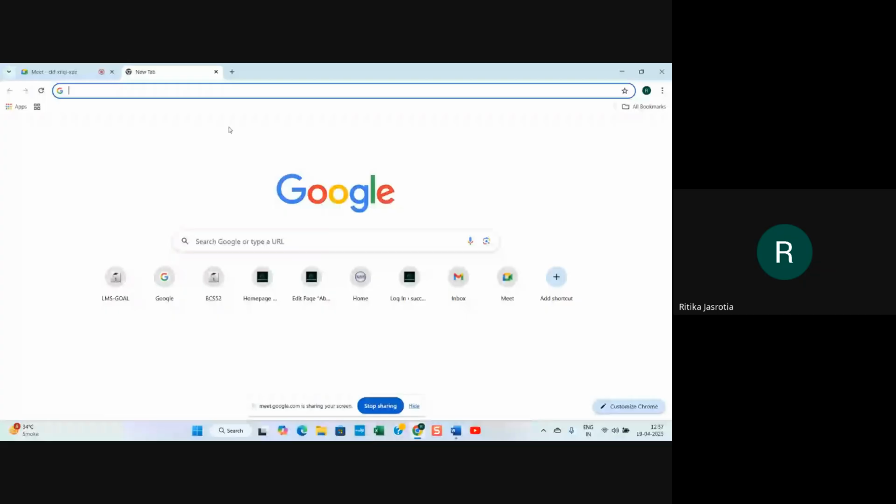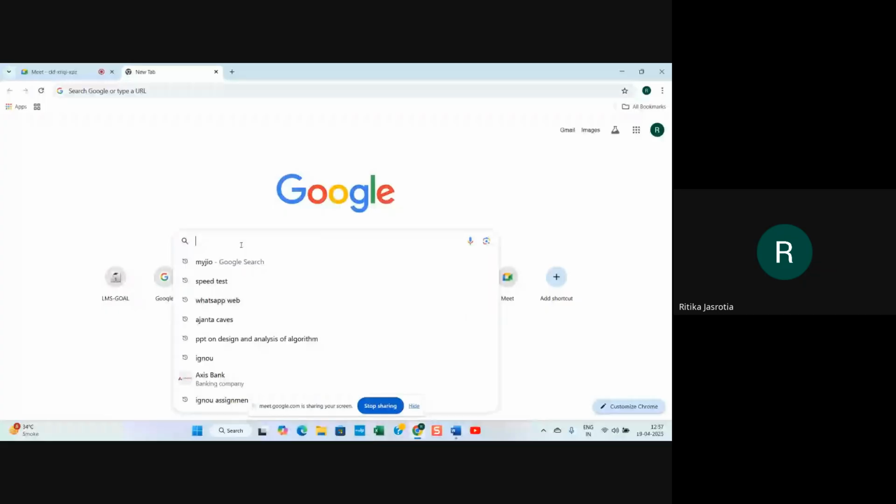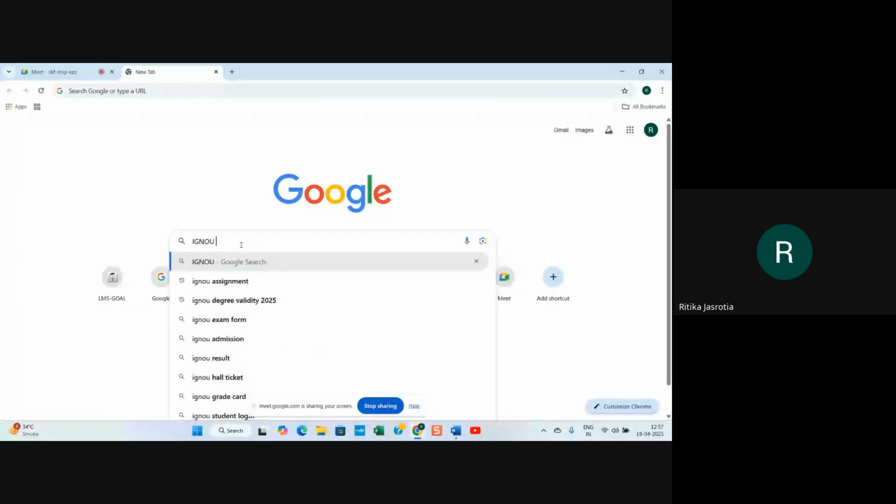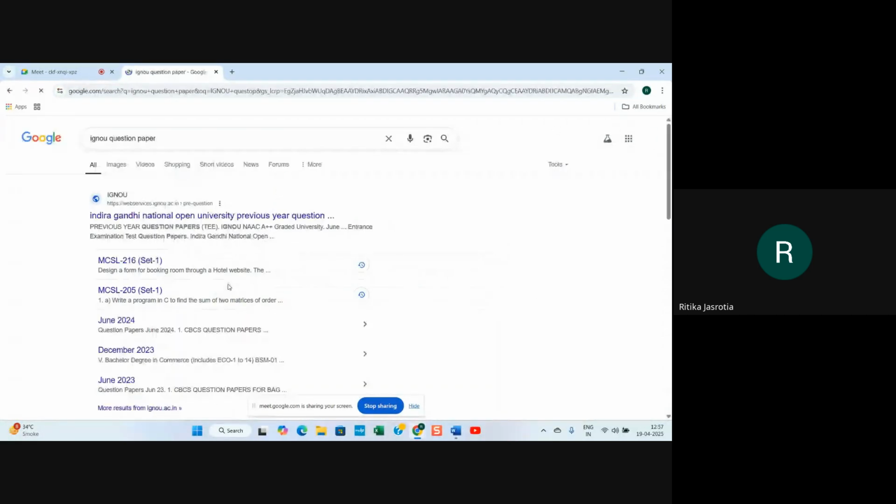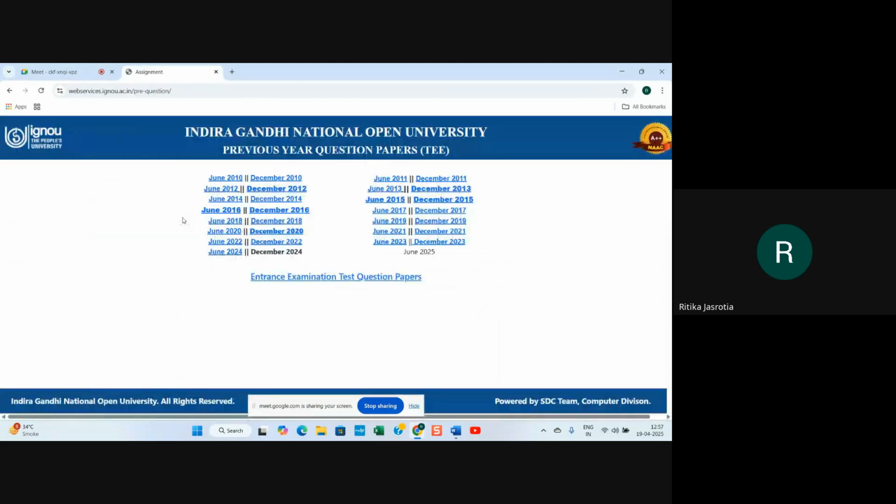If you want, you can go to the website of IGNOU, for those who want to know how the question papers are for object-oriented analysis. You can search IGNOU question papers. Here they will give you question papers of different years.